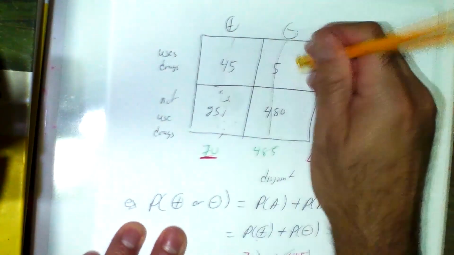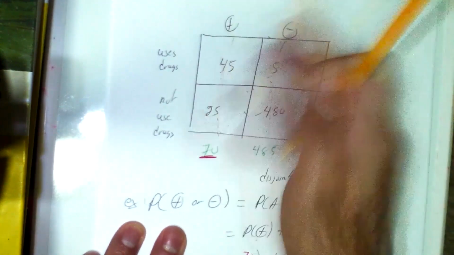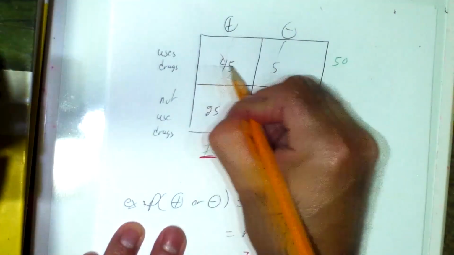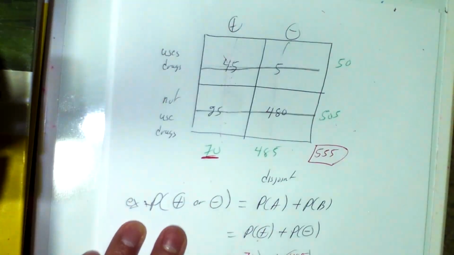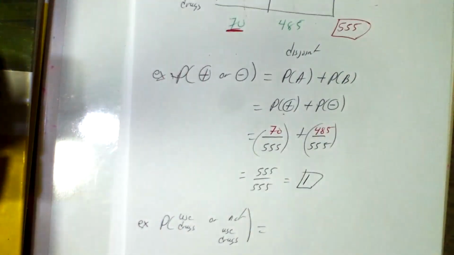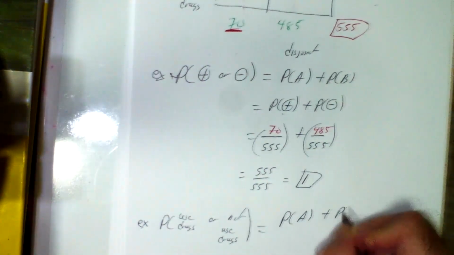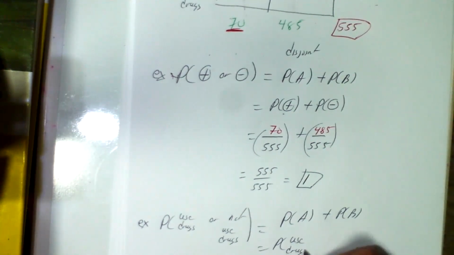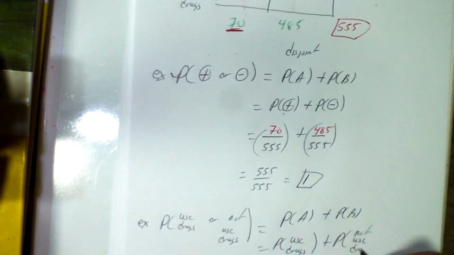Hope I can save my graphs without having to draw another one, so you can see that uses drugs. There's a uses drugs and there's a not use drugs. This time they come out to be parallel lines, but it's on the rows, right? So you end up getting probability of A plus the probability of B, probability of use drugs plus probability of not use drugs,